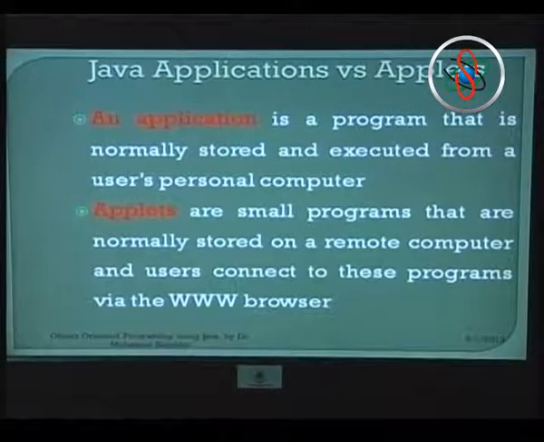A program runs on another machine, and we are going to execute it from here. This is what we call applets. Applications are with us here; we execute them on our computer and get the result from our computer, and there is no problem. While applets are stored on another computer, and we can execute them from our